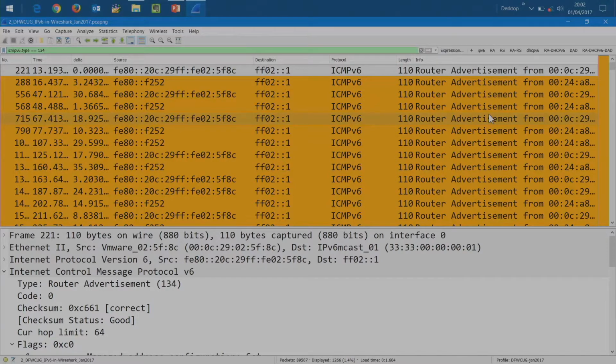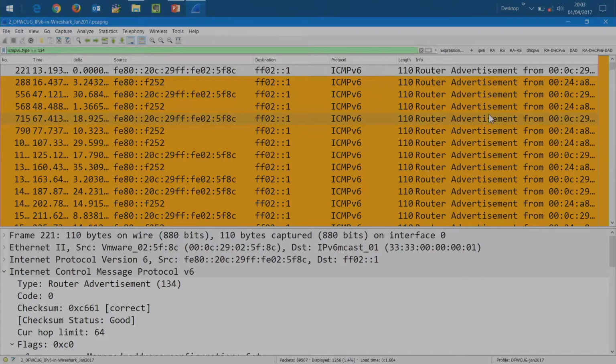I have two. Look at my source addresses. I have an FE80 big long number ending in 5F8C, and I have another one ending F252. Link local addresses that are sending out router advertisements. I only expect to see one router on this network. What this means is I've got another V6 router that I did not put in.